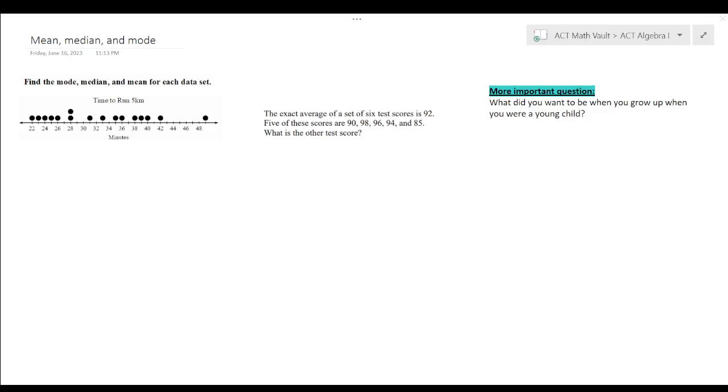Hi everyone, in this video I want to talk about finding the mean, median, and mode of a data set. Here are the two problems that we'll do, and to make sure we don't take ourselves too seriously, let's think